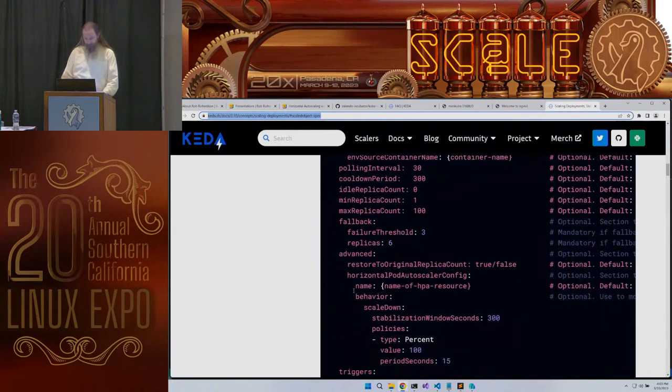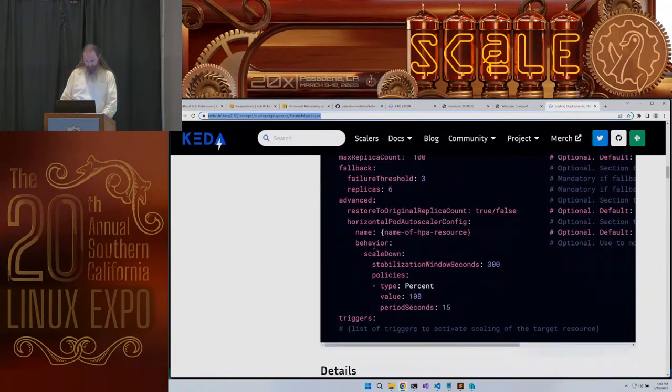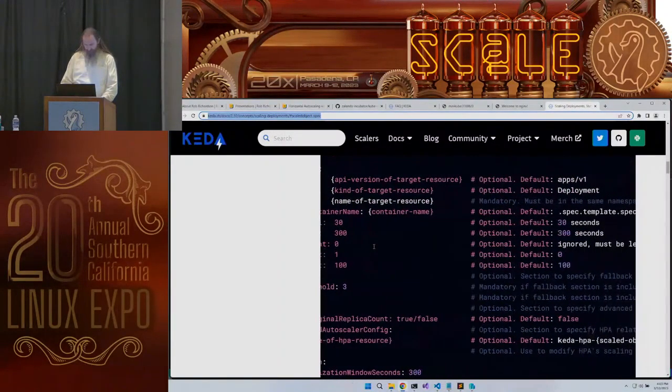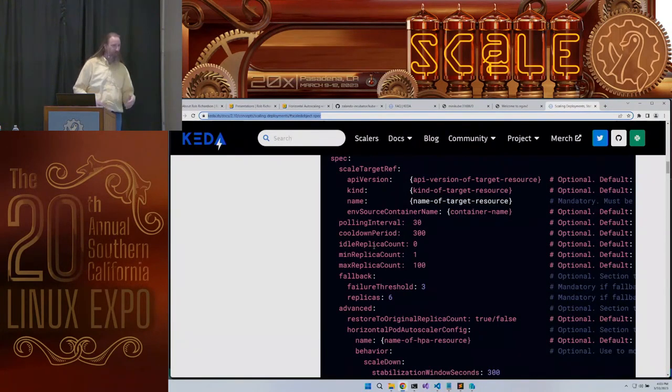Where is the step? Cooldown period. I'm looking right past it, I'm sure. It's a default of 5, and I was like, yeah, that's pretty good. It'll only do 5 at a time. So if I'm scaling from 1 to 1,000, it may take me a minute. So I probably want to set that a little bit larger.